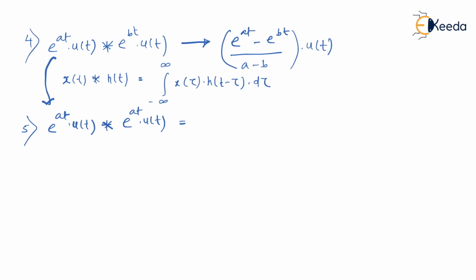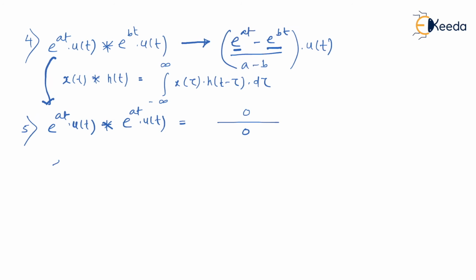But if I do so in the result also, then as you can see in the numerator, if I substitute b equal to a, then the numerator will become e to the power at minus e to the power at, which results in 0. The denominator will also result in 0. So 0 by 0, again it goes to an undefined term. So again I'll have to apply L'Hopital rule here, that is L'Hospital rule.